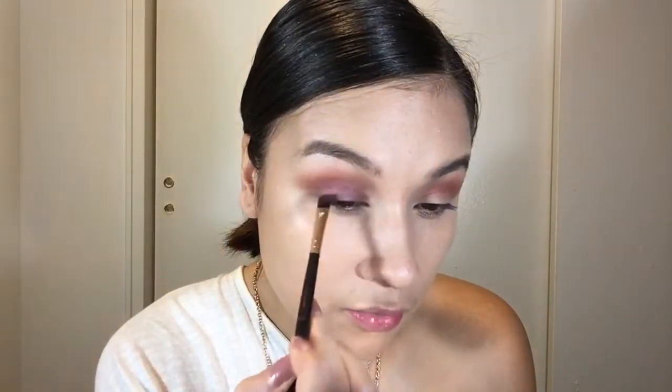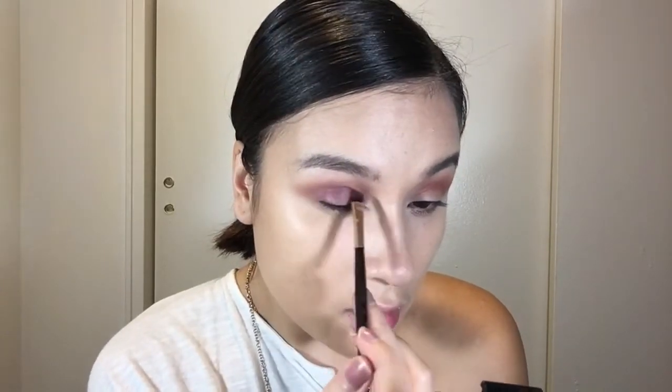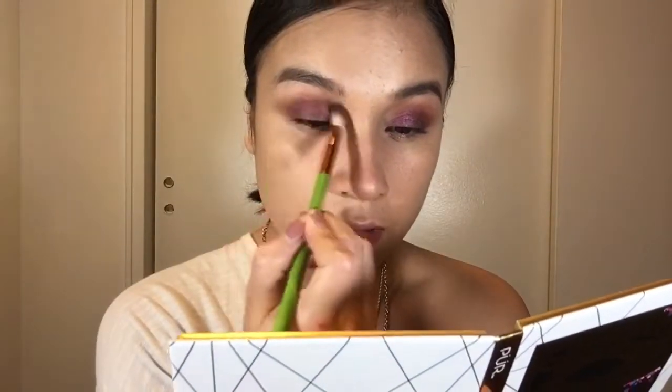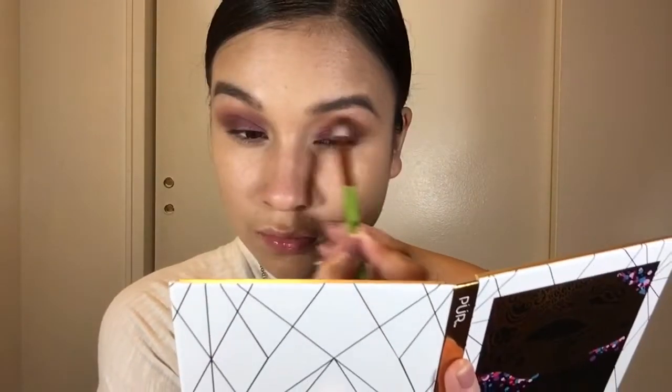So I can already tell that you are going to need to wet your brush or just apply it with your fingers. So what I'm doing is I'm just getting a base down of it in the crease. And then I'm going to take my finger, which I usually like to use anyways. So I'm just going to take my blending brush and just kind of...